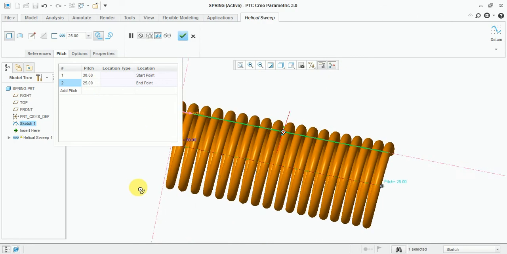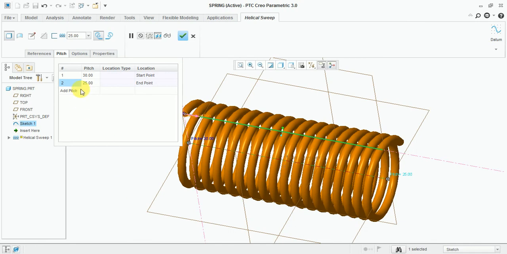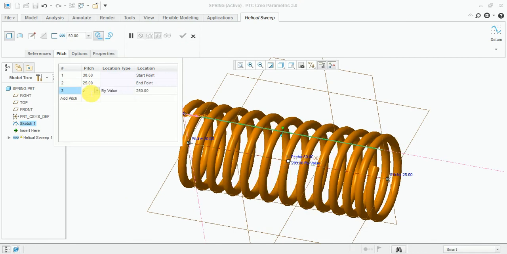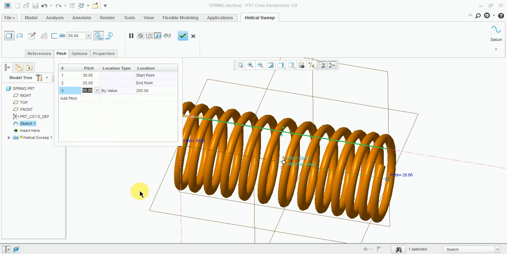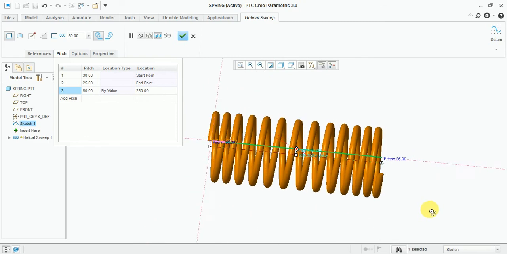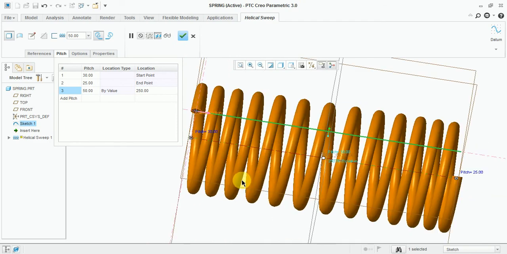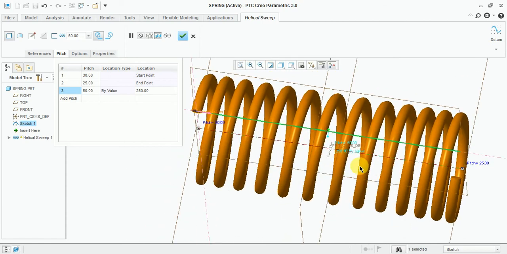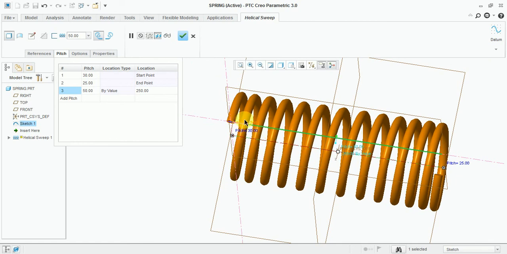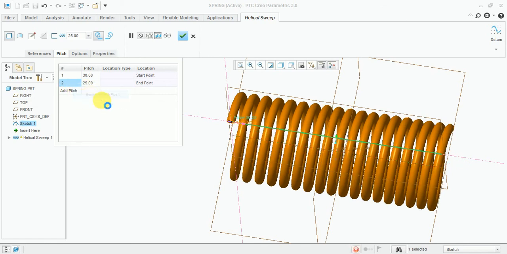See now, here the gap in the middle is more, and now the end of this one will be less. You can adjust it as per your requirement.